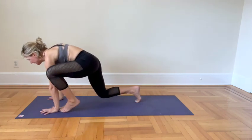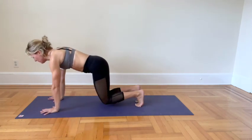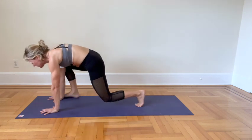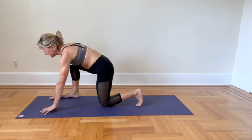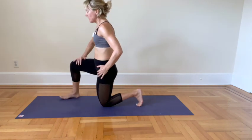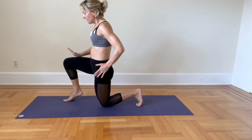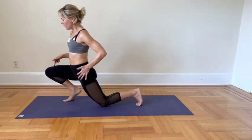Lift your back knee. Table position. Let's lift the left knee. Open to the side. Step it forward. Release your right knee down. Right hand on the right hip, left hand on the left thigh. Walk that foot forward and lift your heel. Gently, knee forward